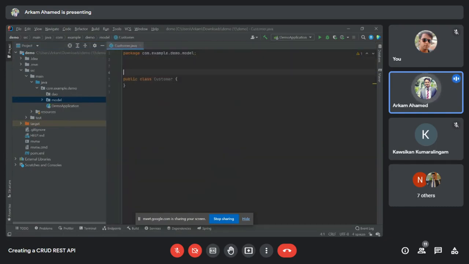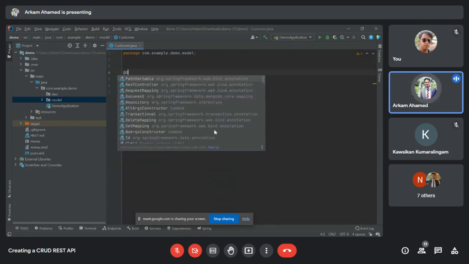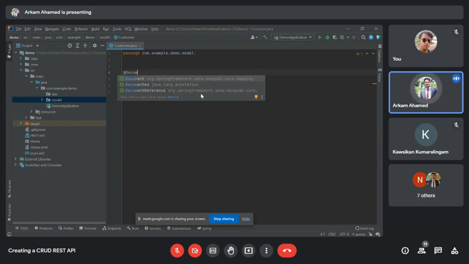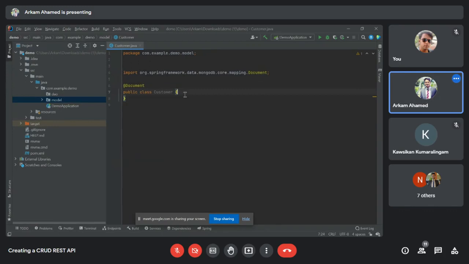Since we are working with MongoDB, we will have to annotate with Document because it's a NoSQL database. And then we will have to add the fields which we need. So I'm going to add the ID, and then the name is a string, and then I'll add the salary figure.